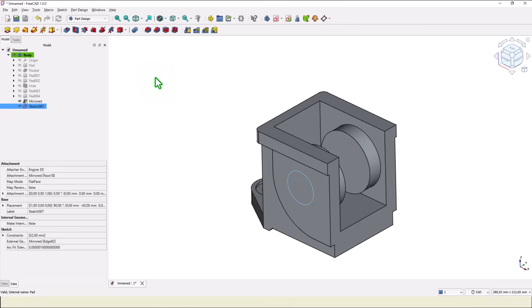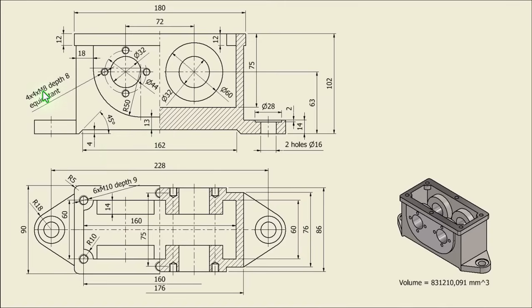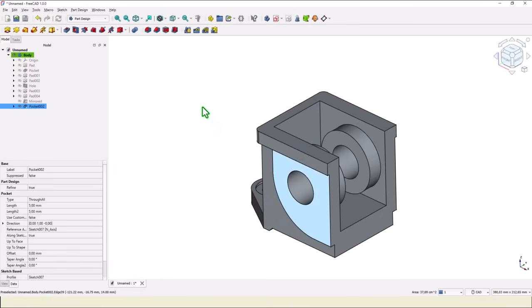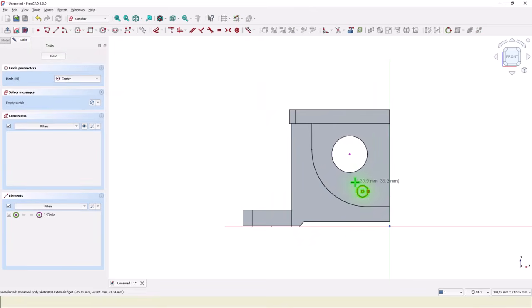Close, and we use pocket or hole. Pocket now. Dimension is through all. Okay. Now we use this dimension metric 8, depth 8 for one hole of these 4 holes. We select this face, new sketch, project this circle, then we place another circle